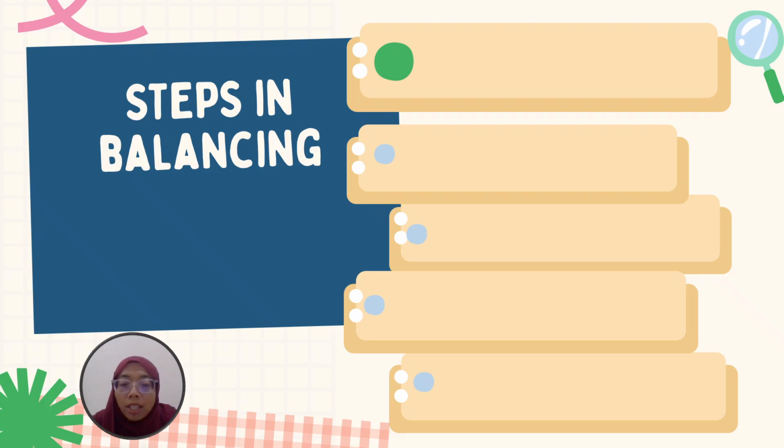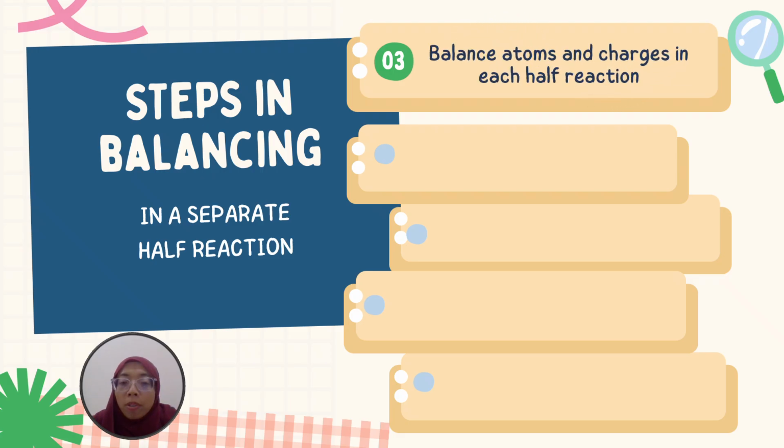Okay. Next, in each separate half reaction, step number 3 is balance the atoms and charge in each half reaction. Okay, so this step is the crucial part, which means in the oxidation half reaction, we must balance the atoms and charge first, and after finishing, we go for the reduction reaction to balance atoms and charge. Okay, we must do it one by one. Okay, under this step,